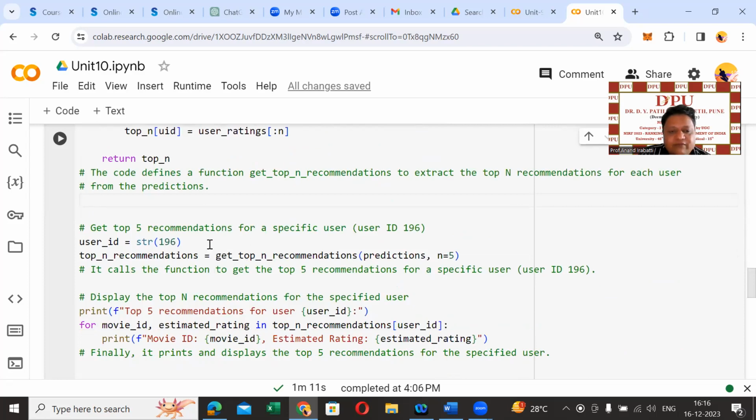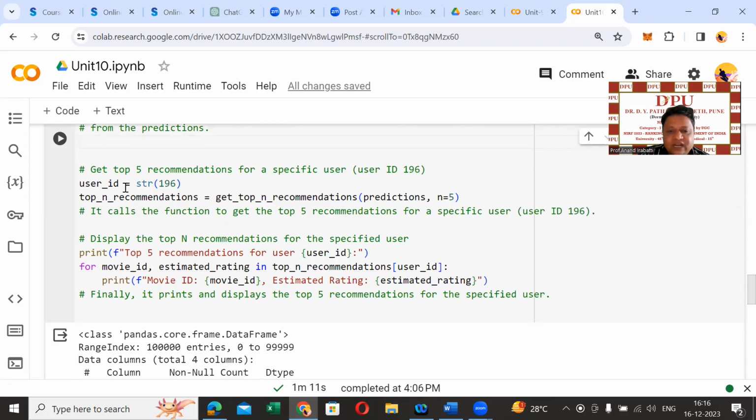Now get the top five recommendations for a specified user. Say, for example, user ID is equal to 196. So we can see that the user ID I have given is 196. Now I want to get the five predictions for this particular user, that is user ID 196. So now I am asking the model to make the first five movie recommendations for the user